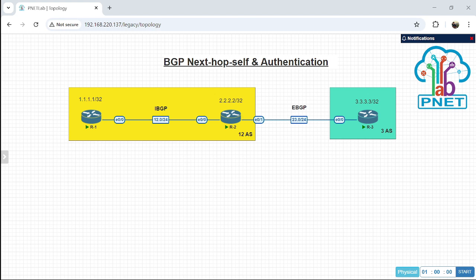For the peering, we just peer to the internal IP of the interface, not to the loopback. And then remote AS12, same with router 2 and router 3. Remote AS12, and then for router 3,